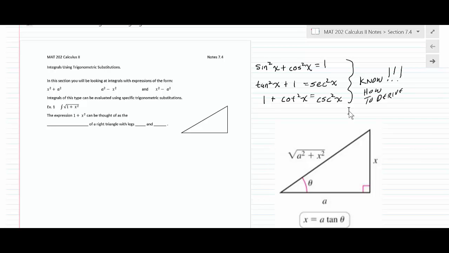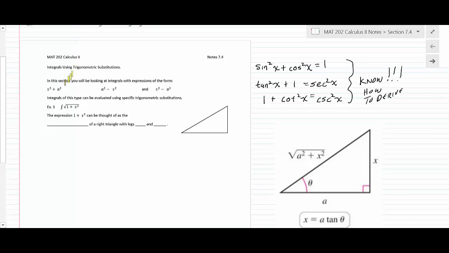So with these problems in 7.4 and trig substitutions, you have to follow a certain technique. And what I'm going to do is kind of take you through the techniques. These are integration problems that can take a lot of work. So one of the things I want to show you to begin with is we're going